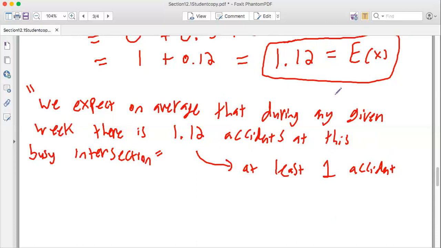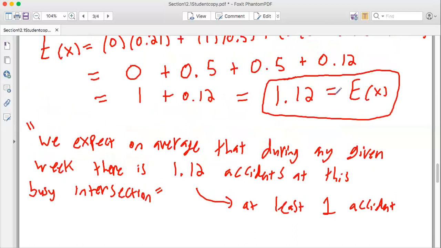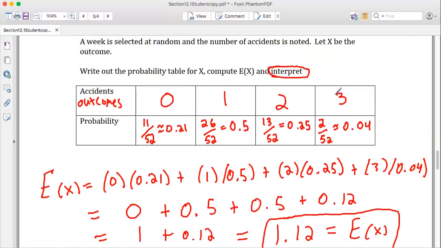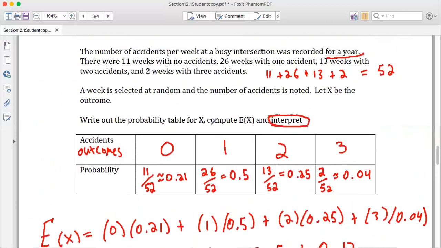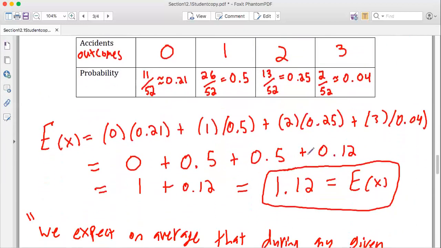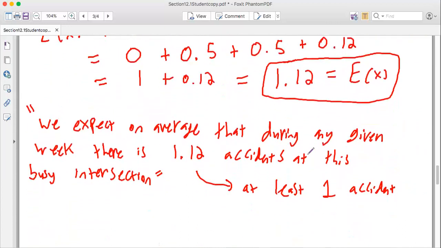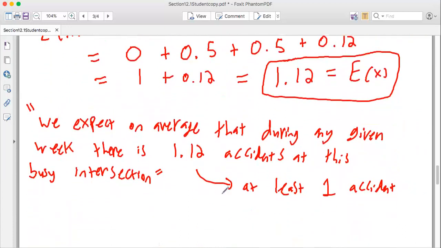It doesn't really tell us about the idiosyncrasies or what was specifically observed, because if we remember from the scenario, there were 11 weeks where there were no accidents at all at this busy intersection. But of the long-standing behavior recorded for an entire year and then averaged out, we say, well, at any given week, we expect there's going to be at least one accident, and actually a little bit more than that at 1.12,